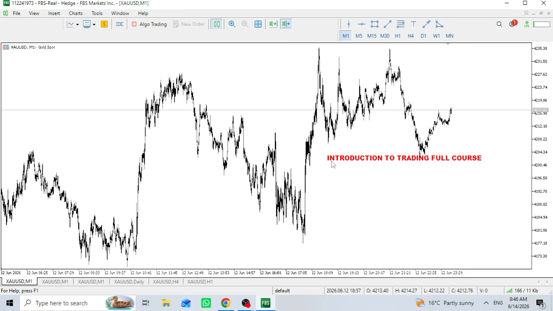Okay, now, first, if you are a beginner, then you need to know what is forex. What is forex trading? Because a lot of people don't even know. You are a forex trader and you don't even know what is forex trading, because you just started with what is a candlestick, and you don't even know the true meaning of the forex market.